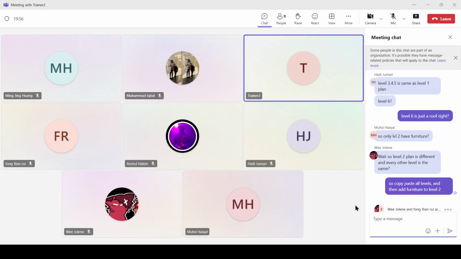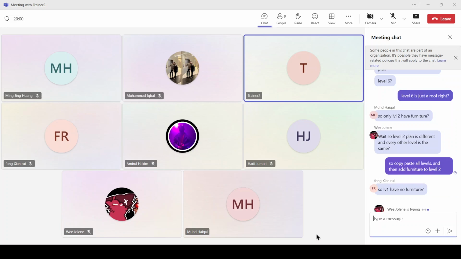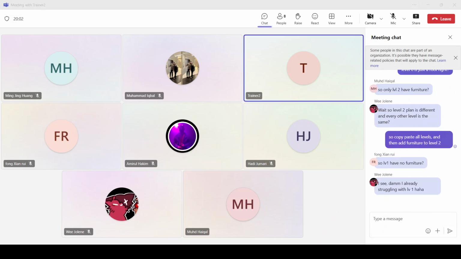can everyone open the Revit? I will open my Revit now. We will review how to create a door schedule. Yes, no furniture for level 1, only level 2. Only level 2, guys. Okay?